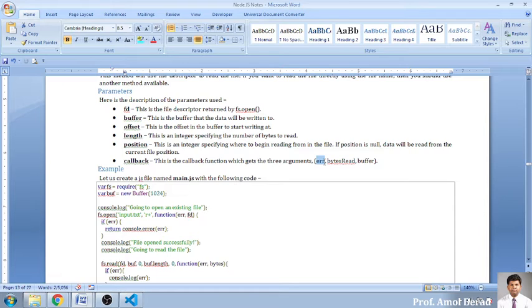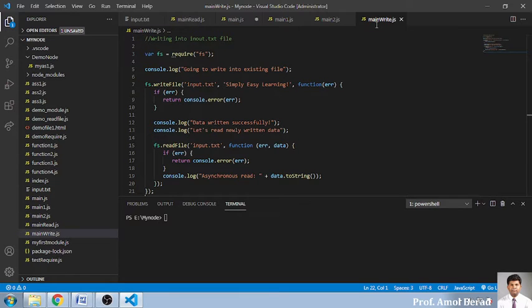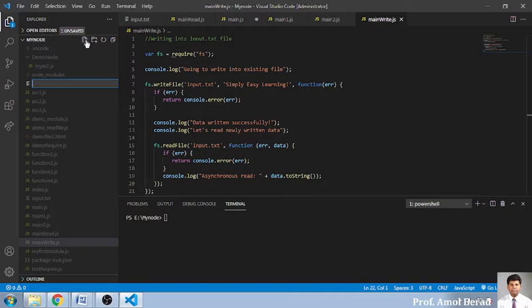So this is the one simple example we will be demonstrating here, and we'll go into detail about what code we have written. I have copied the code and I'm opening this one. So this was main write, and I will be adding a main read. A new file is being created, that is main read demo. I think we have covered it, but I still want to take one more example of reading a file.